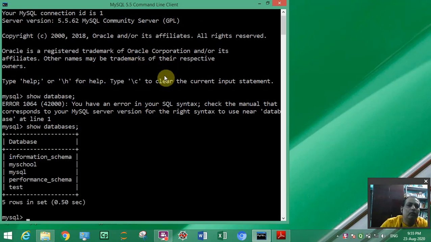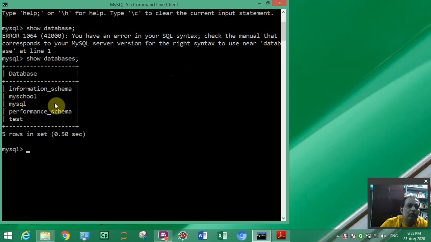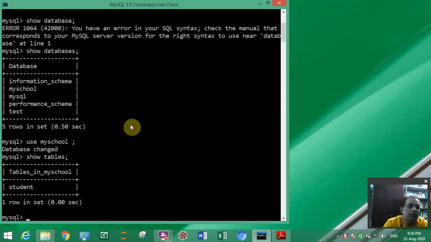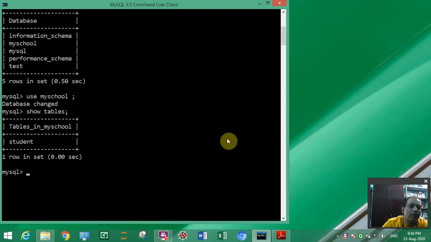Okay, so these are all our databases, and we are working under the MySQL database, so we will use the MySQL database. Now we will see how many tables we have created. So show tables. We have created a student table. So we are going to see